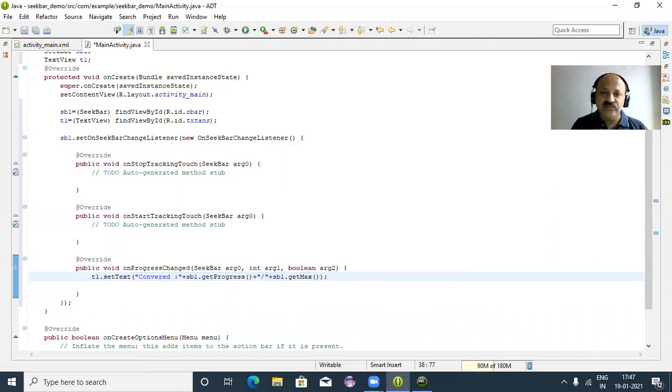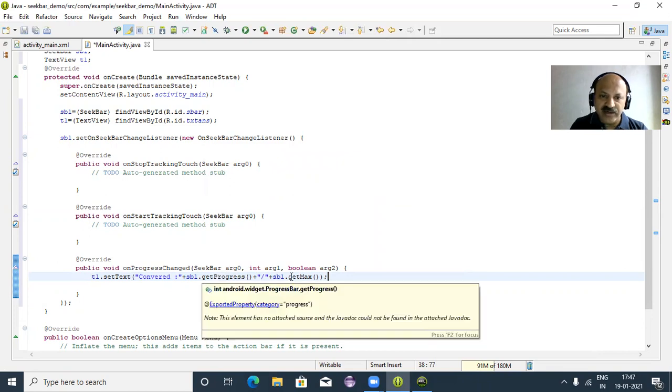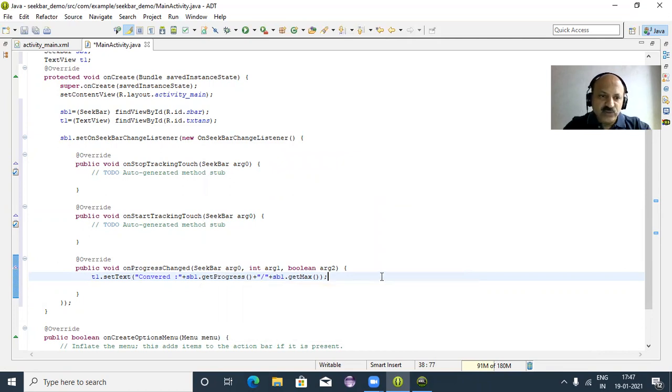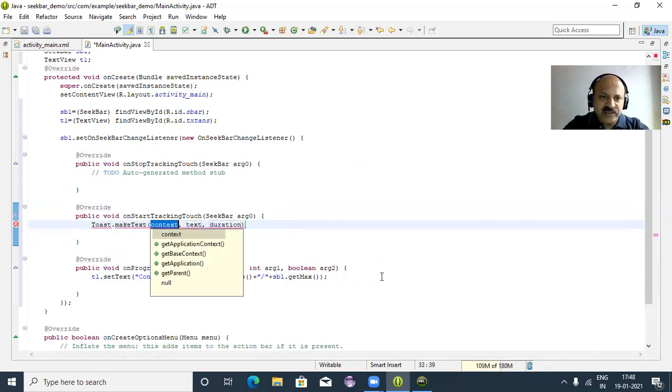Like we can say a page m to n, first to how many total pages. So here how much the seekbar moves and its maximum size. So perfectly. And now what to do? We can print some message in a Toast, and we can also print that value, that is also a possibility. So here it is moving. Yes, let us check. Here we use the Toast class. Toast.makeText getApplicationContext, and here we say